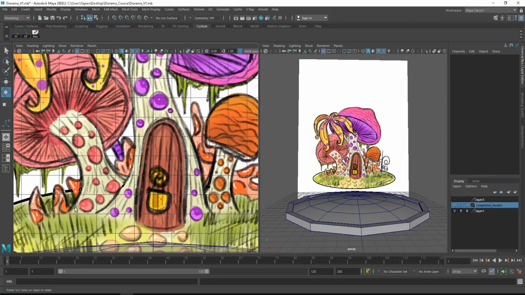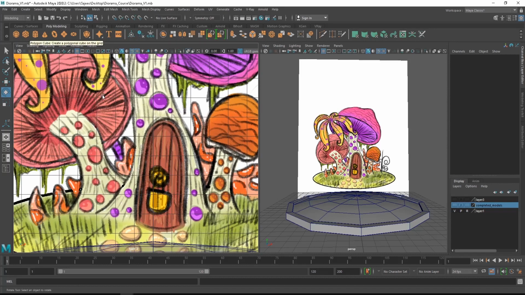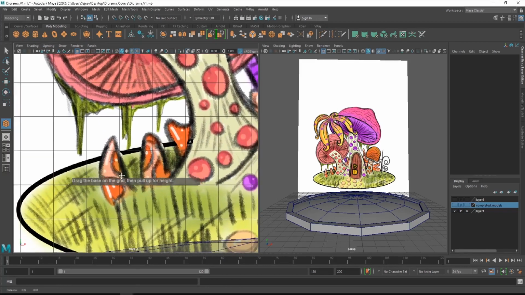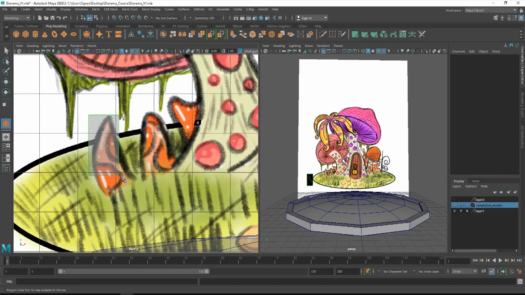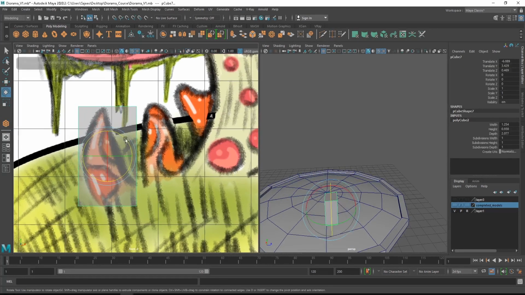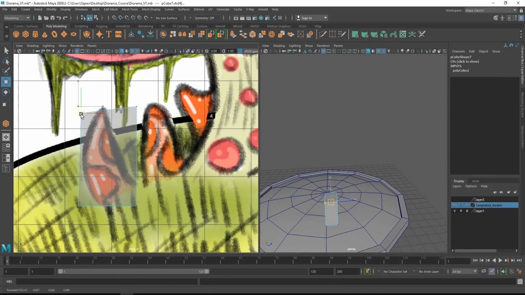So in order to create these models, we are actually using polycubes. Okay, so first you can go to poly modeling shelf and you can select the polygon cube. After that you can just create a regular cube on our front view. After that, in the perspective view itself, you can actually adjust how much thickness you want. Once that is done, now you can actually select the vertex component and you can just align them